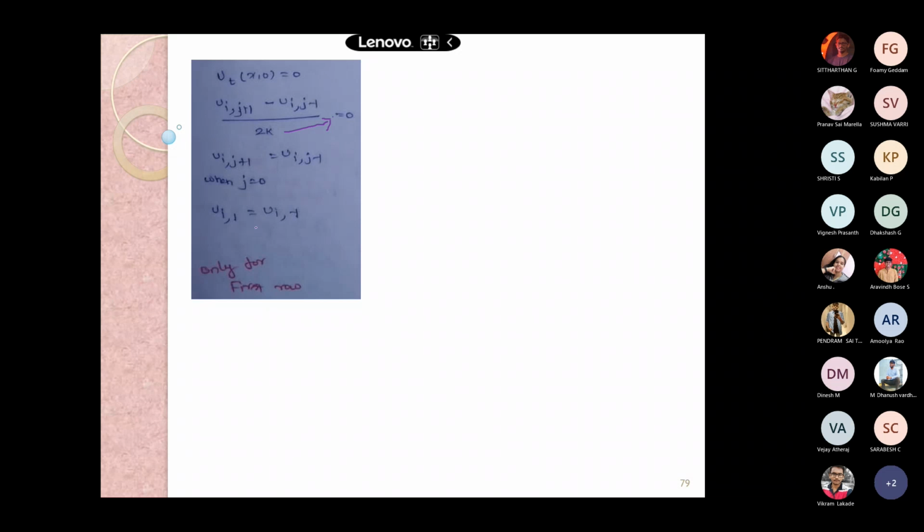So when j is equal to 0, at that time what happens? u of i comma 1 is equal to u of i comma minus 1. This is advised to apply for the first row alone, since two rows are essential in order to find the value for one particular point. So the phenomena for finding the unknowns in the first row would be different for the hyperbolic equation. So apply this information in order to find the unknowns in the first row.